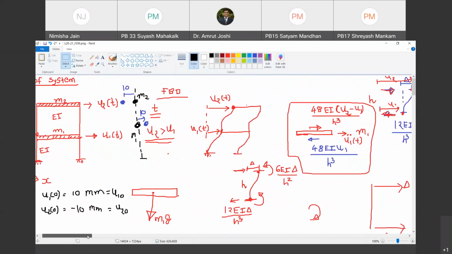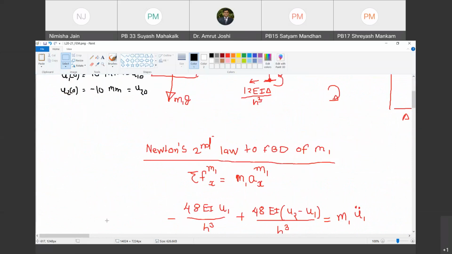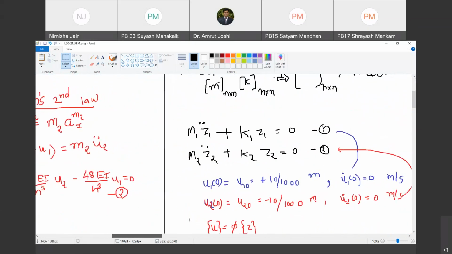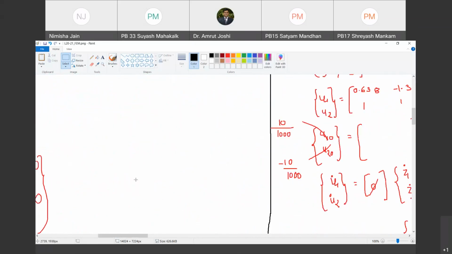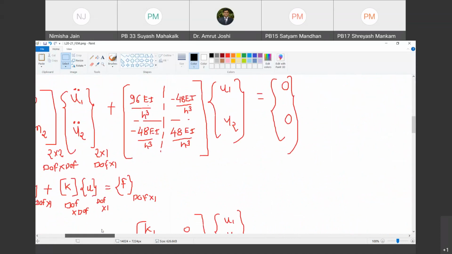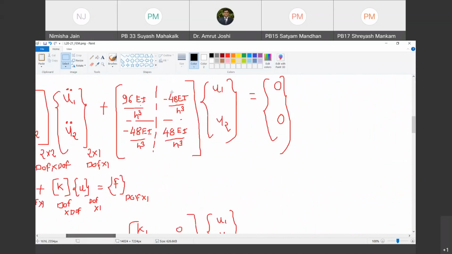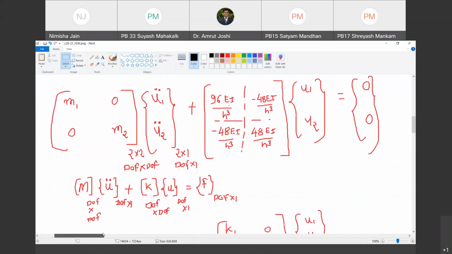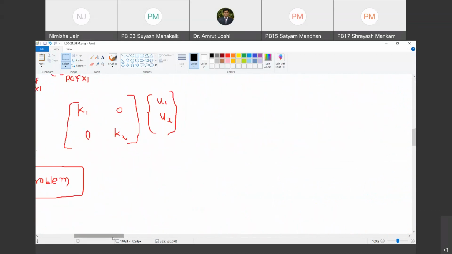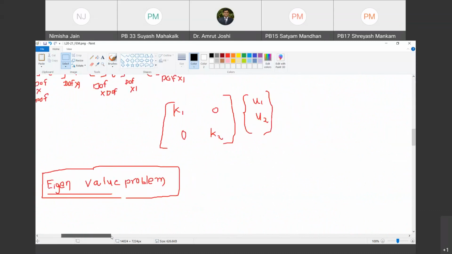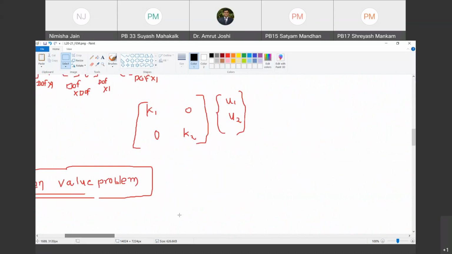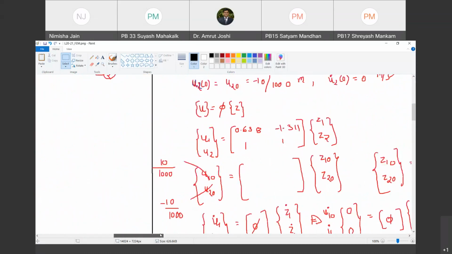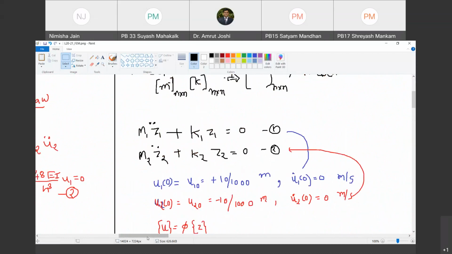Yes, sir. Okay. Then we did cast the equation of motion for this. Then we represented those equations in terms of matrix form. I hope you all remember that. Then we saw that the stiffness matrix is non-diagonal and therefore the equations are coupled. In order to make the stiffness matrix diagonal, we had to do a trick. And what was the trick?